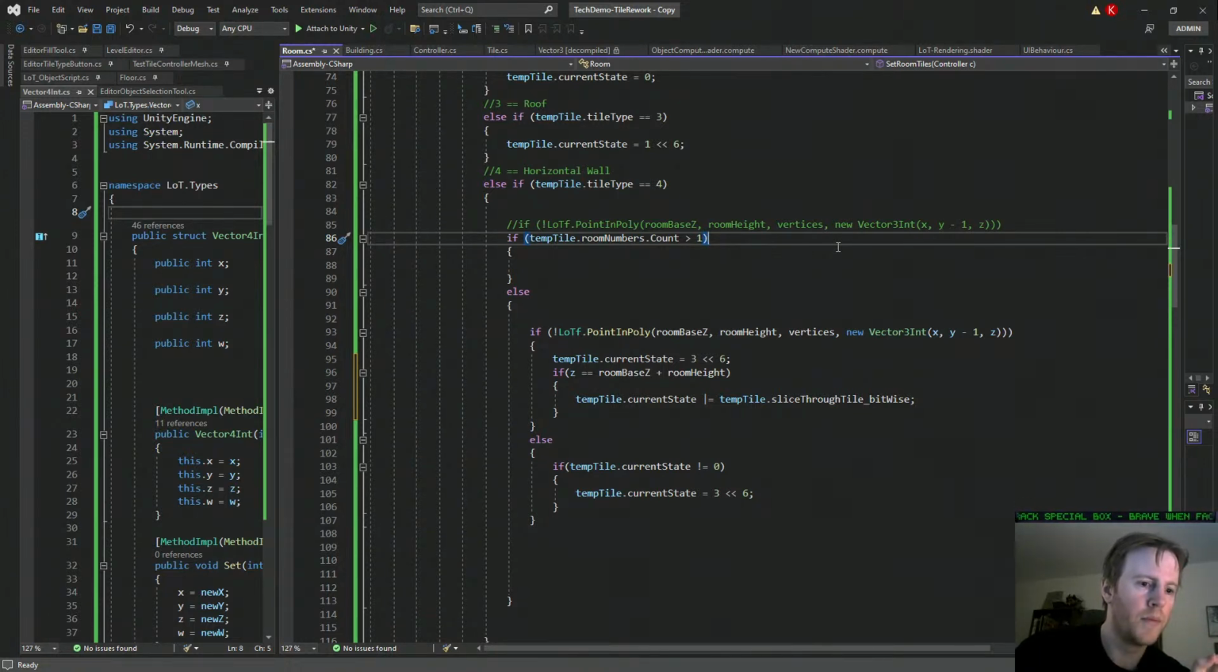Because what happens is that if a tile is within a room, then we set the tile to contain that room index in a list of ints, and if I just use that, then I can't access those tiles. So